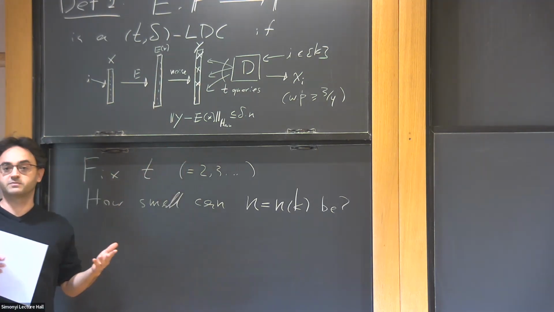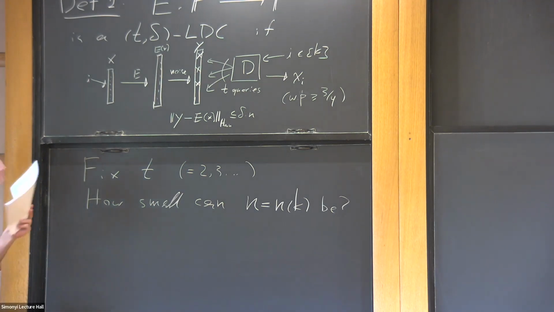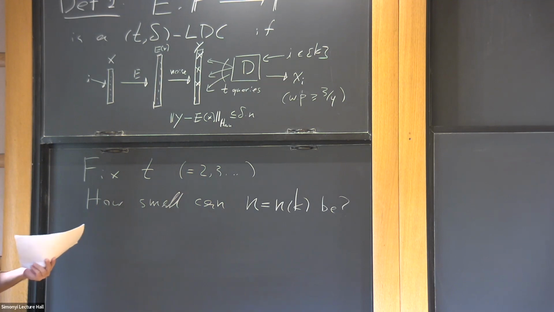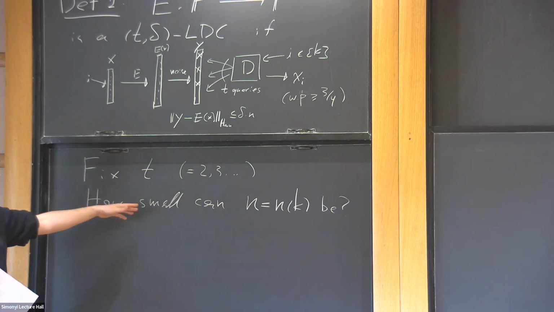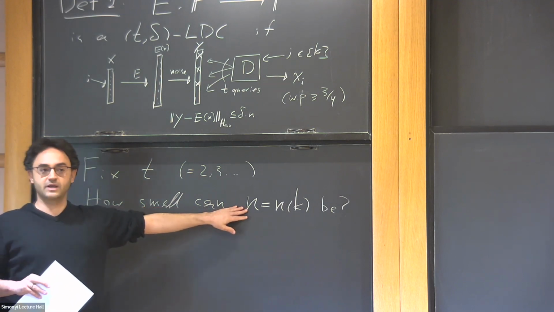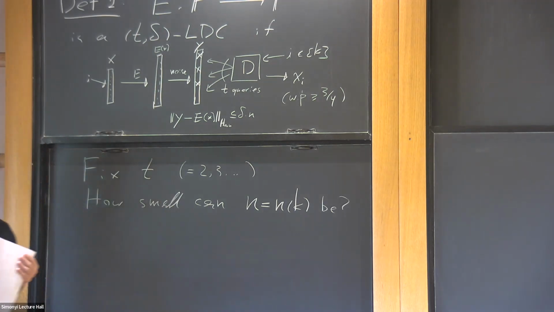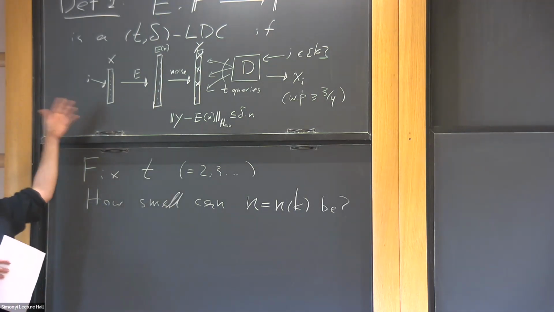Okay, so we don't know if that's possible. Later I'll try to outline the best known constructions and the best known lower bounds, and you'll see that they're very far apart. In particular, we don't know if you can have n polynomial in k for any constant t. So that's the biggest open problem. And you can imagine this would be something useful. And in practice,